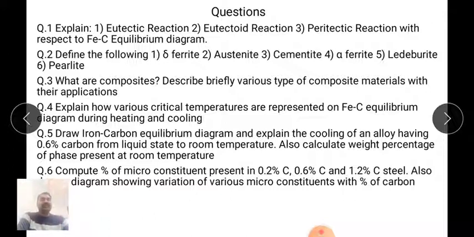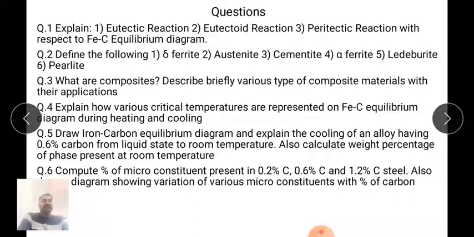Previously those leaf springs were manufactured with 4 to 5 plates of different materials, but nowadays that stacking is replaced by a single plate, and that single plate is made up of composite materials. Okay, so that's why leaf springs are used as composite materials in the case of vehicles. Reinforced concrete structures are also examples of composite materials. Now likewise you can elaborate the question in your language.